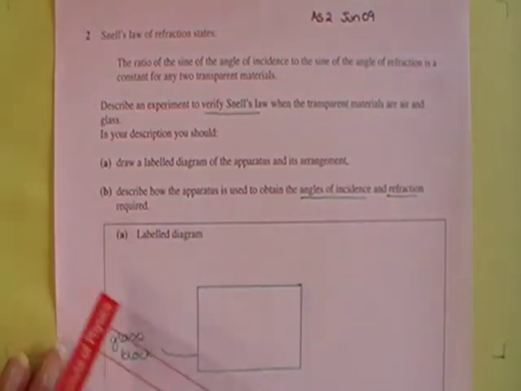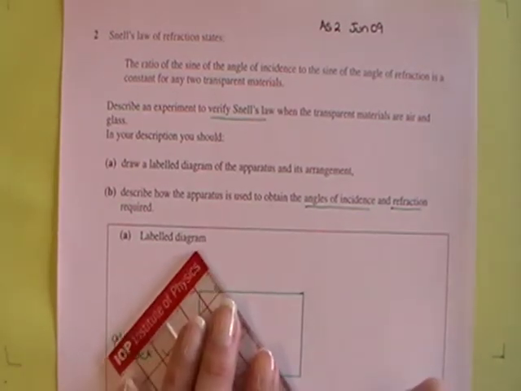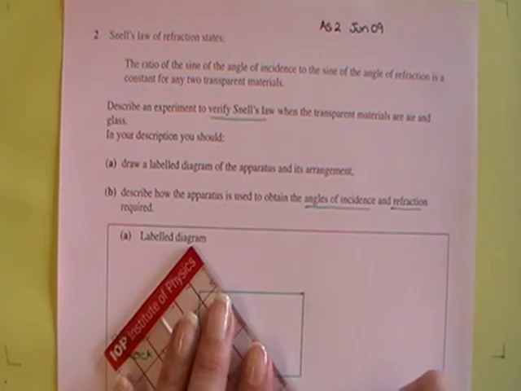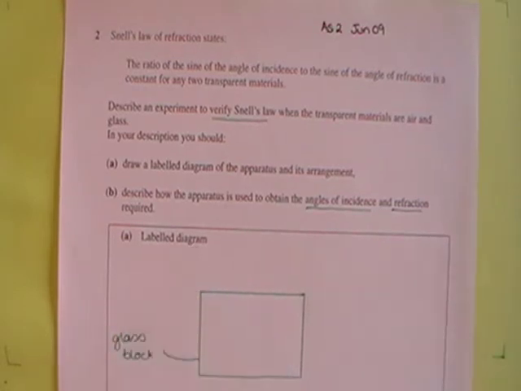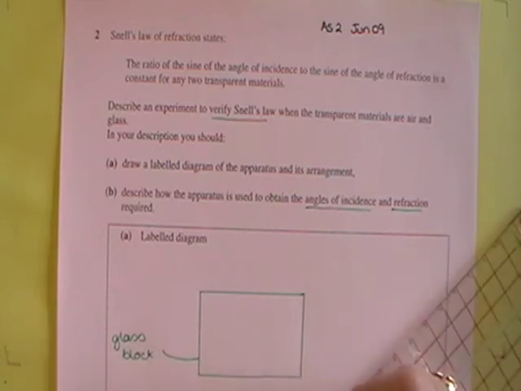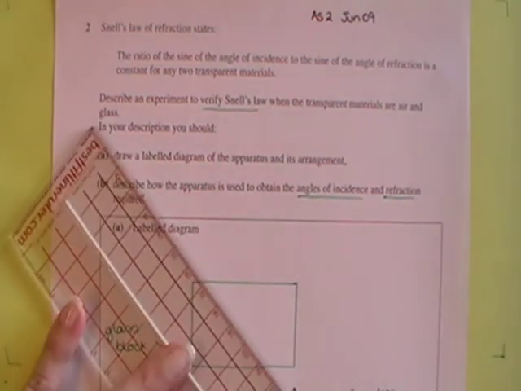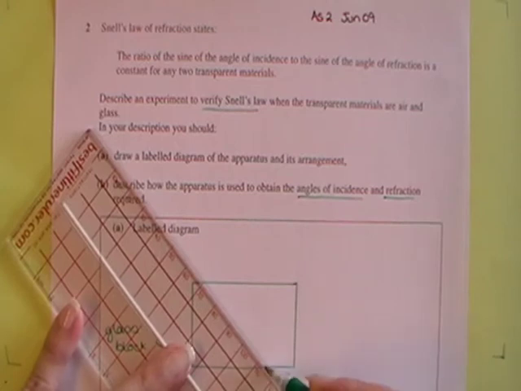And then we can draw a ray box at any position of our choice, and I would direct it at an angle to the block. And again we need to label it. And initially I would show a ray directed at the block